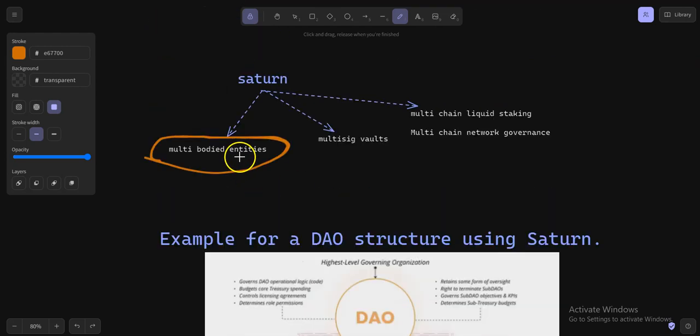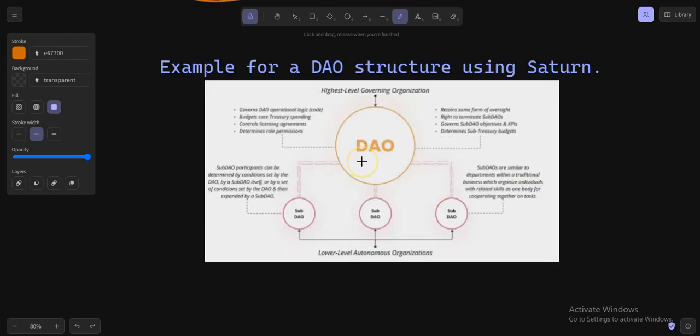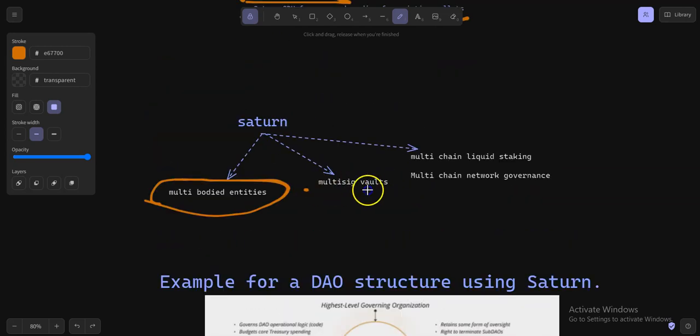So with things like Saturn, you can create systems that you can use beyond just financial transactions. And then you can also create multisig votes. So with these multisig votes, people that are in the DAO or that are not in the DAO, you can give them multi-tiered access that is customized by amount or time or whatsoever.